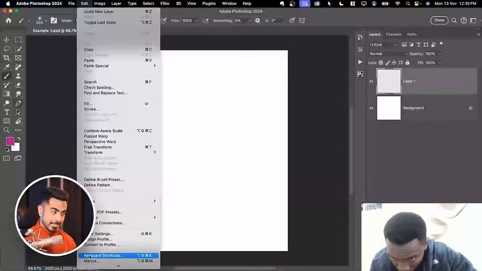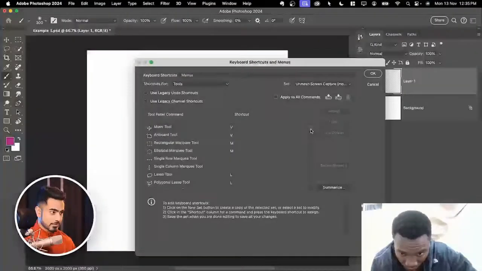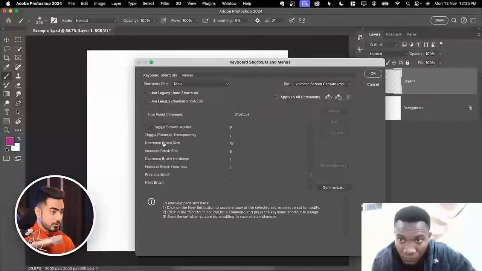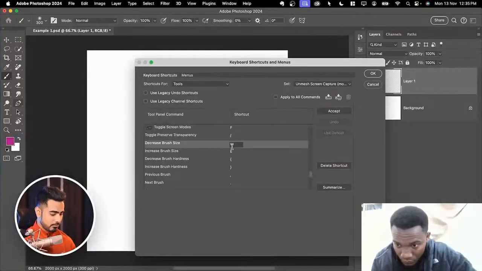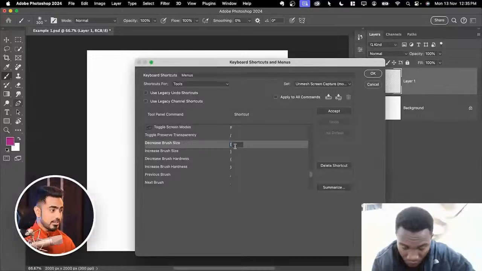So how do you do that? You go to Edit and then Keyboard Shortcuts. Click on this drop down. Scroll down, you will find a shortcut for decrease brush size. There you go, decrease brush size. By default, it would be bracket keys, this one and this one, right? You just have to click on it and change it to W, press W,